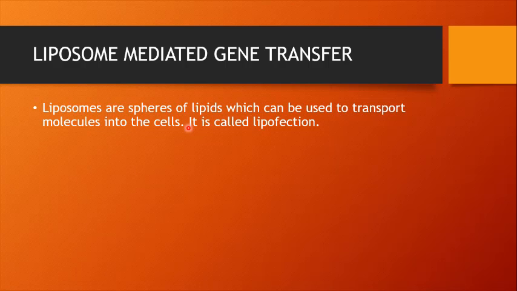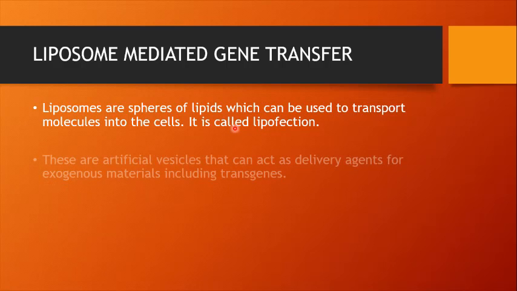So remember, these are transporting bodies, and they are made up of lipids, and in the center of these lipid bodies there is a space in which we can load particular molecules. For example, we have a DNA, or we have an RNA, or we have another specialized type of molecule. Then these lipid bodies are transferred to the body, and where they get integrated into the cells, the gene transfer can be ensured. So this method is also called liposuction.